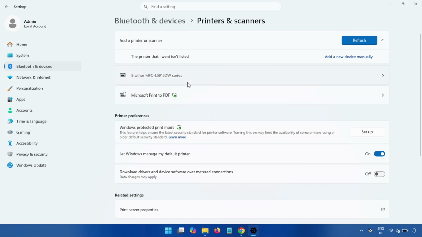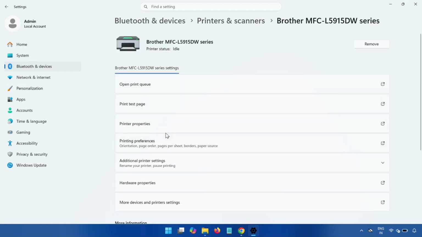Now you can see this is the printer you are connected to, installed. Then restart your printer and your system also, and then click to check print, and you can print, and please